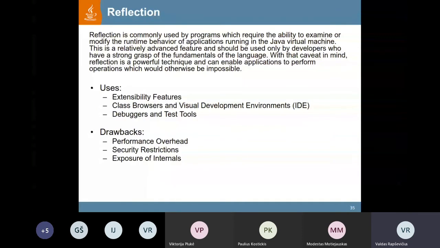Okay, so here we are. We just approached another topic which we did not touch last week. It is the topic on reflections. So basically, reflection is a modern technique in various programming environments and programming languages, which